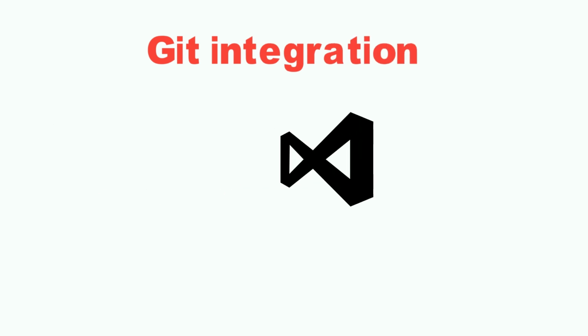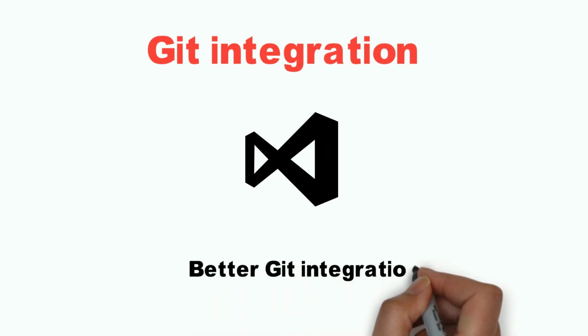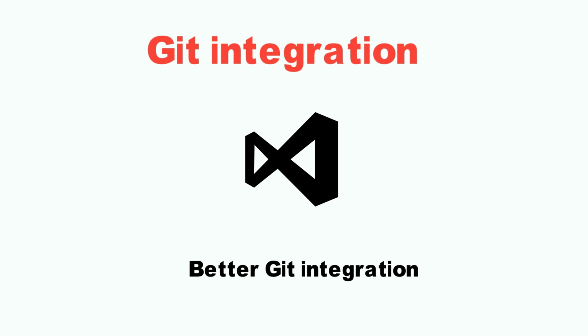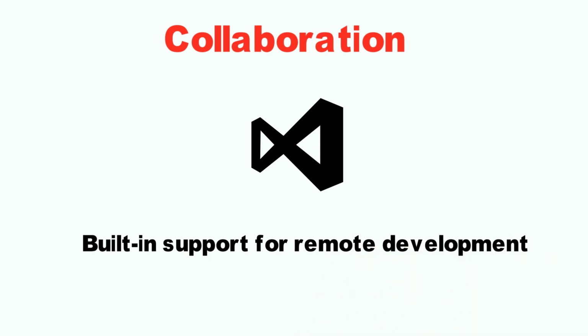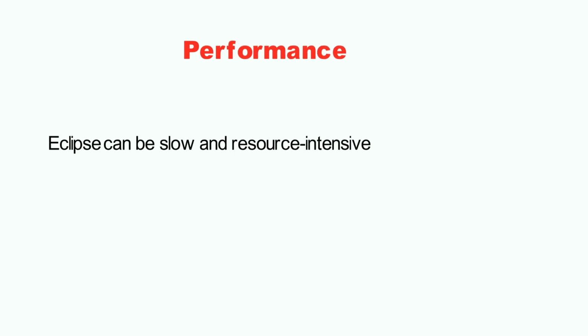Git Integration: Visual Studio Code has better Git integration with features such as inline diffs and integrated merge conflict resolution. Collaboration: Visual Studio Code has built-in support for remote development and collaboration, while Eclipse requires additional plugins to enable these features. Performance: Eclipse can be slow and resource-intensive, especially when working with larger projects, while Visual Studio Code is generally